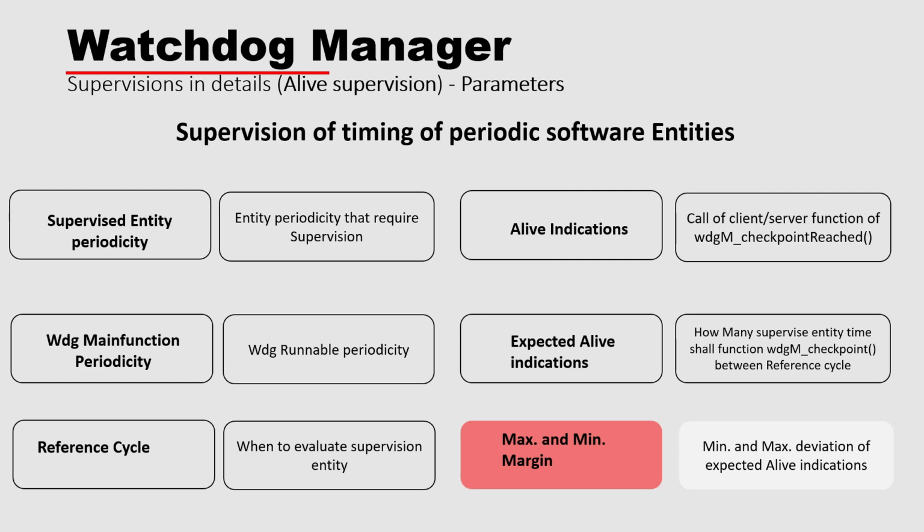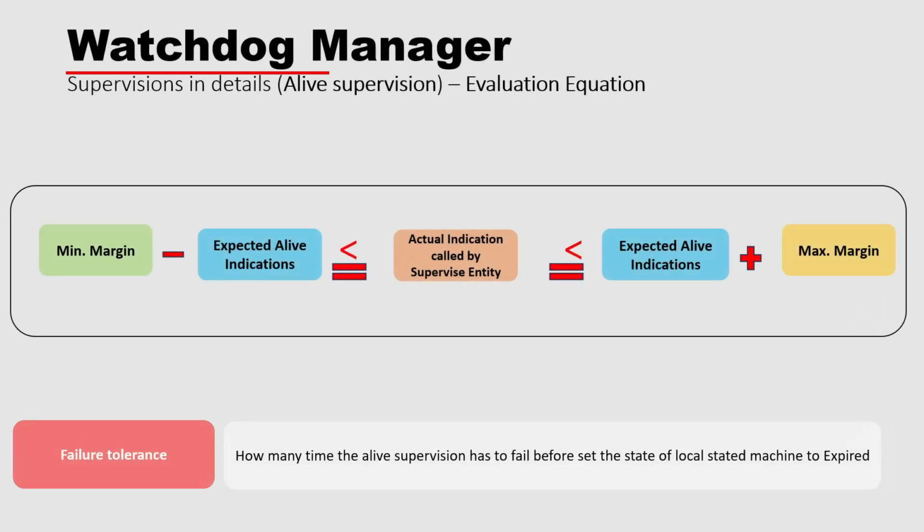Next, the evaluation equation in details. The actual indication called by the supervised entity must not be less than or equal to the expected alive indication minus the minimum margin, and must not be greater than the expected alive indication plus the maximum margin. As we said, if we have a 10 millisecond entity and every 100 milliseconds we review or evaluate it, whether it's functioning correctly or not,